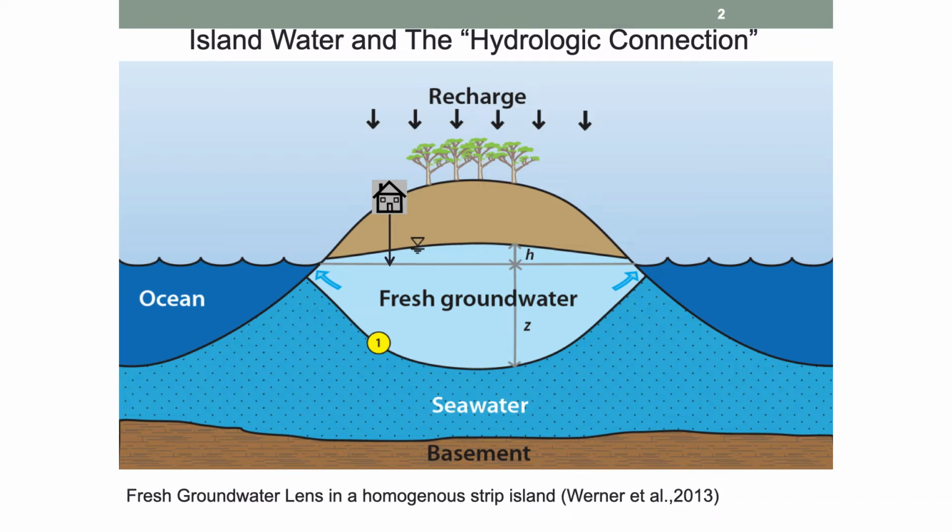So we live on an island, and almost all of our fresh water comes to the island via rainfall. It percolates down through the fractured lava to sea level, where the fresh water displaces seawater because it's lighter, and that distance on this graph, called H, is the freshwater lens that we drill into and pump fresh water for domestic purposes. All the while,